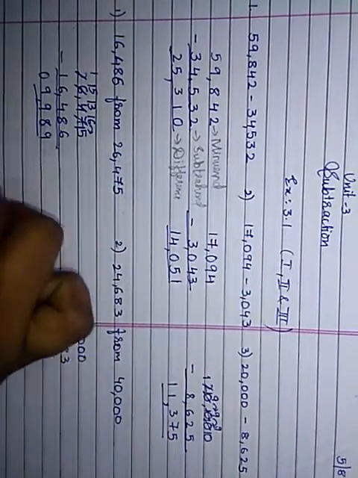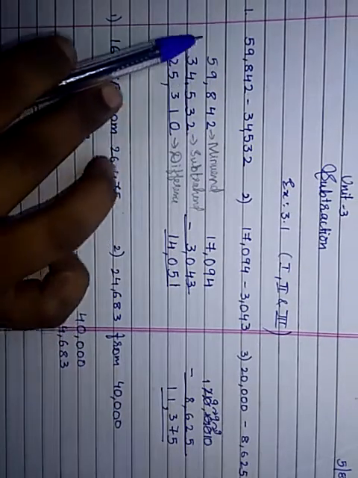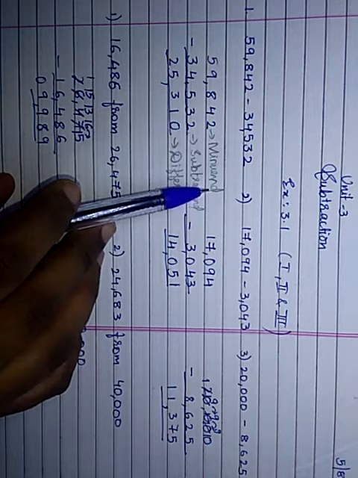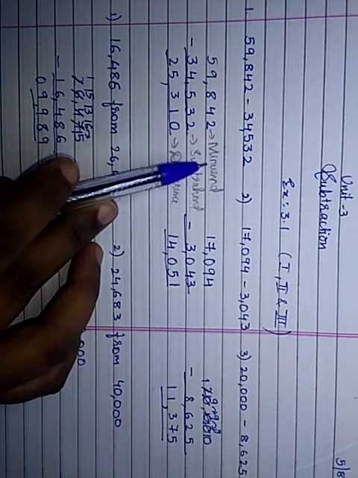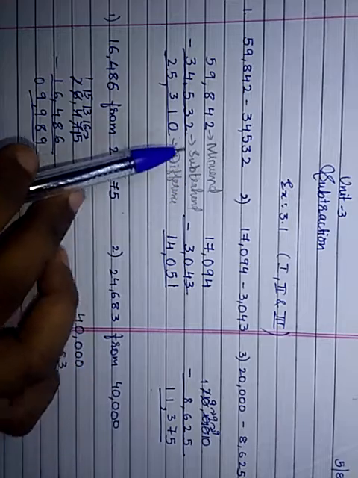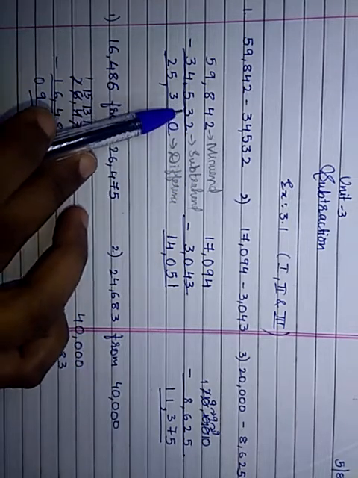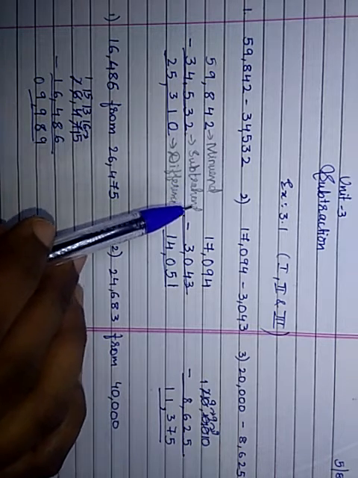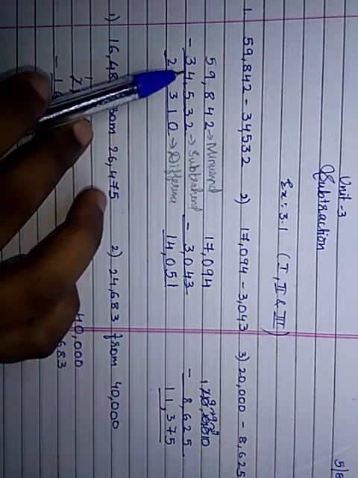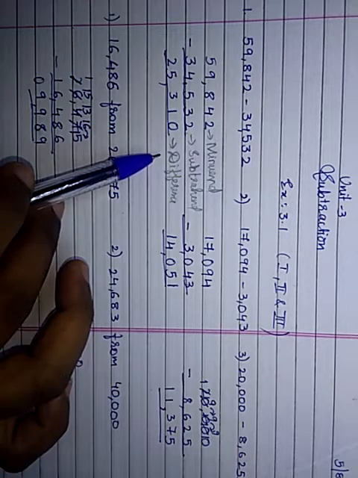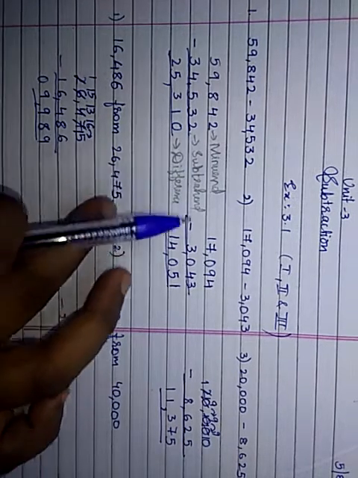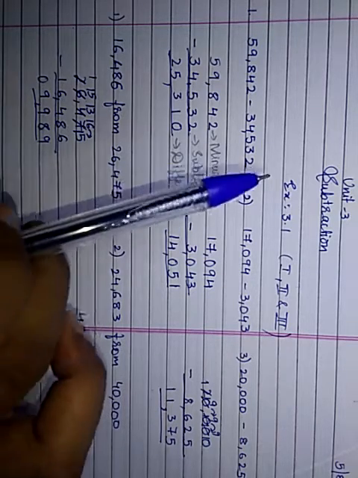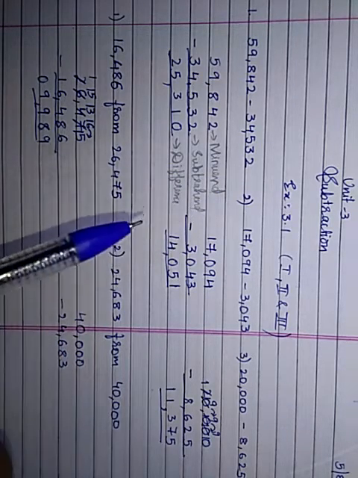In a subtraction, the number from which we subtract is called a minuend. Repeat after me children, that is minuend. M-I-N-U-E-N-D, minuend. And the number which we subtract from the minuend is called subtrahend. S-U-B-T-R-A-H-E-N-D, subtrahend. And the answer we get from subtraction is called difference. D-I-F-F-E-R-E-N-C-E. So, minuend, subtrahend, difference.